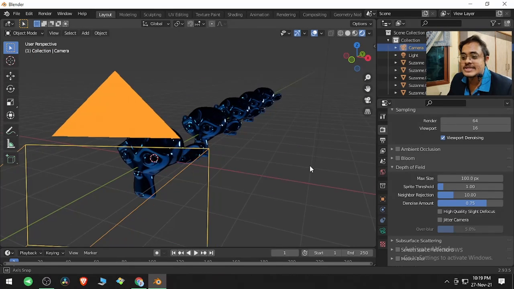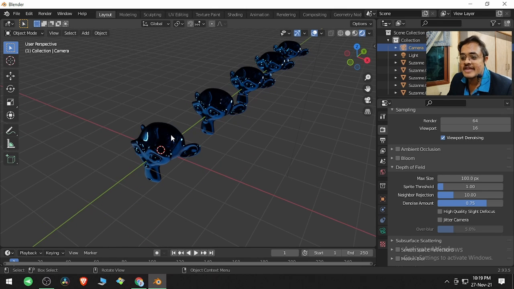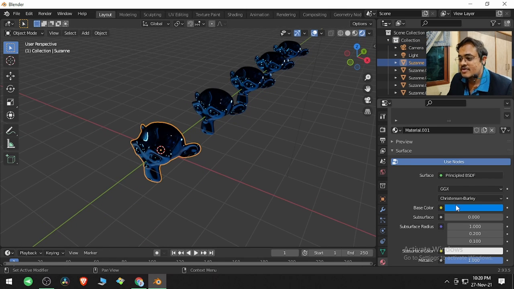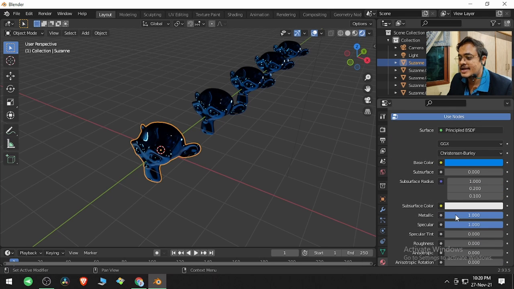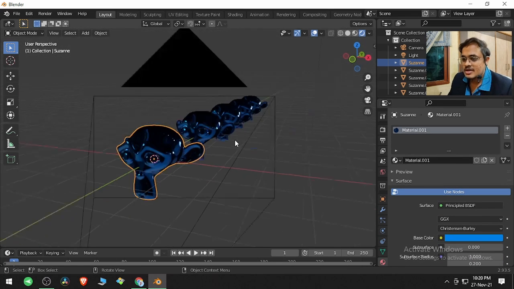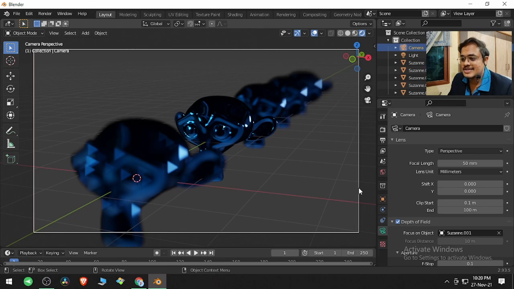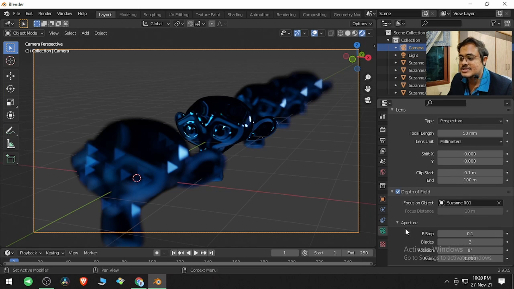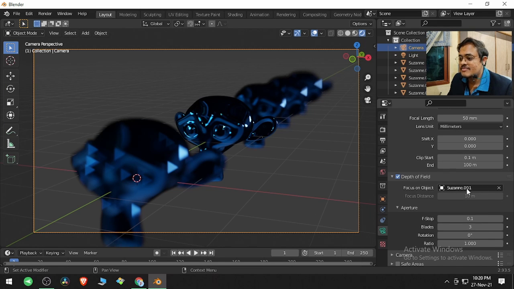I have taken 5 monkeys, given it a metallic shader. From here, for those who don't know, I have given a blue color and increased the metallicness, and then I set up my camera and I selected my camera and went to object data properties, and here I came to the depth of field and turned this on, and then focus on object.